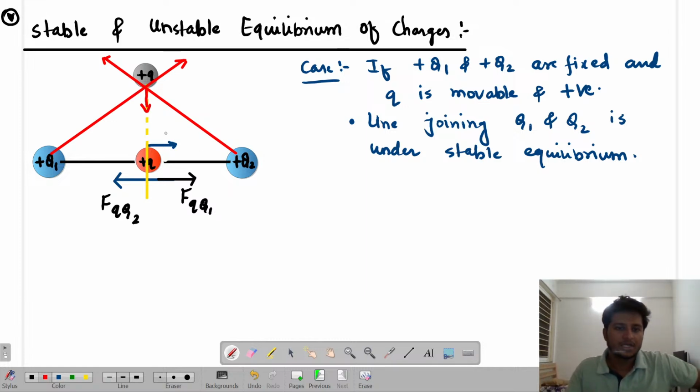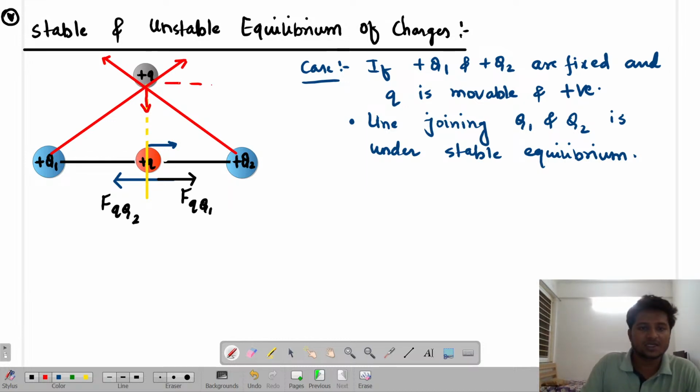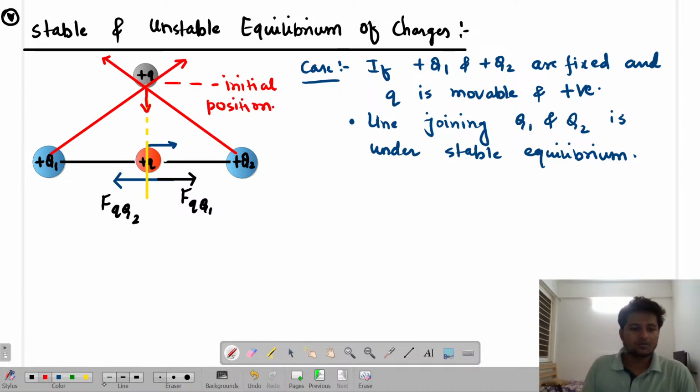Repulsion is going to happen. If I just displace this charged particle downwards, it will feel an extra repulsive force which will throw the particle away from its initial condition, isn't it? Is this particle going to return back to its initial position? No, because it will be thrown with an extra velocity along the upward direction. So it will not return to its initial position. That is why the line perpendicular to